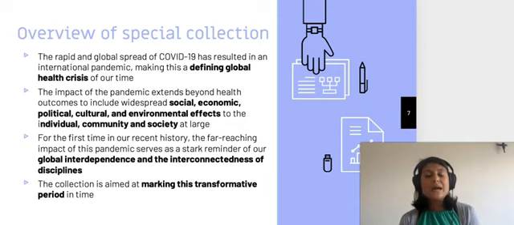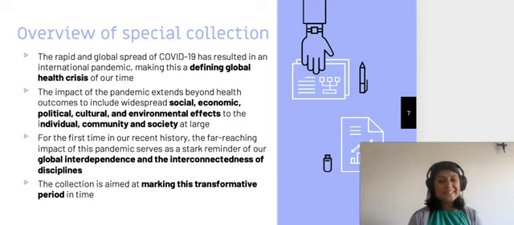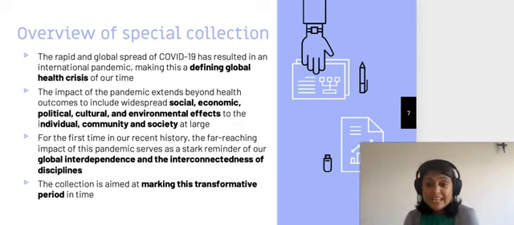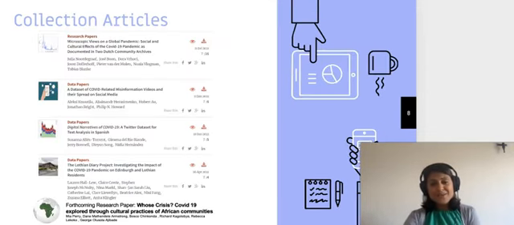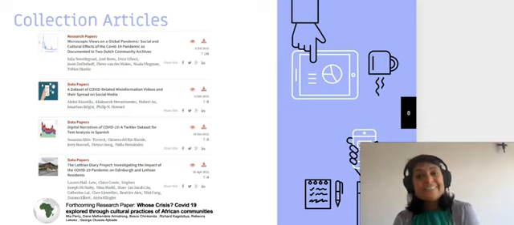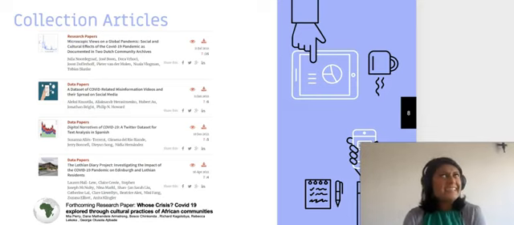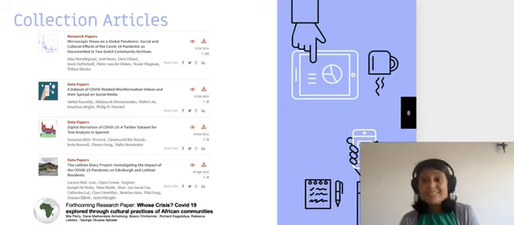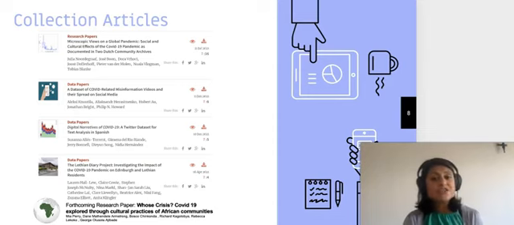And this series of papers, the special collection, really aimed at marking this transformative period of time and showing our global interdependence and the interconnectedness of our disciplines. So we put out a call about mid last year, not late last year, mid last year, for data-based papers from a variety of humanities-based disciplines. And this has resulted in the publication of 5 database papers so far that has really reached its aim,